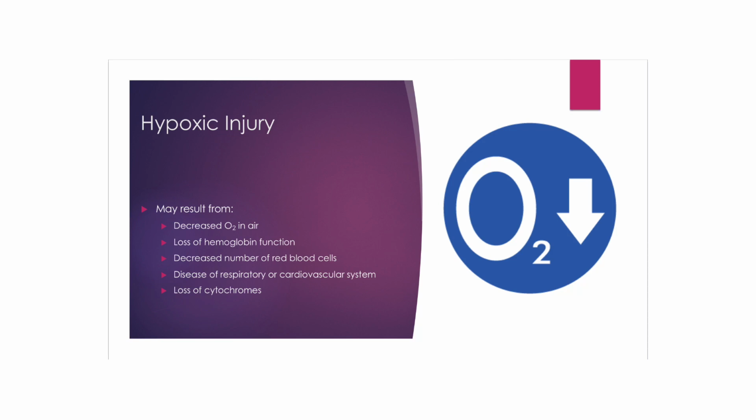You could have a loss of hemoglobin function, or displacement of oxygen on the hemoglobin. We know that can happen with carbon monoxide, things like that, and cyanide. They can actually displace oxygen off of the hemoglobin, which is the oxygen-carrying component of the red blood cell. You could have a decreased number of red blood cells. One simple way of having that is being hypovolemic. Of course, if somebody bleeds out, you have a decreased number of red blood cells. You could also have a decreased number of red blood cells through anemia, such as iron deficiency anemia. Iron is the part of the hemoglobin that actually carries oxygen.